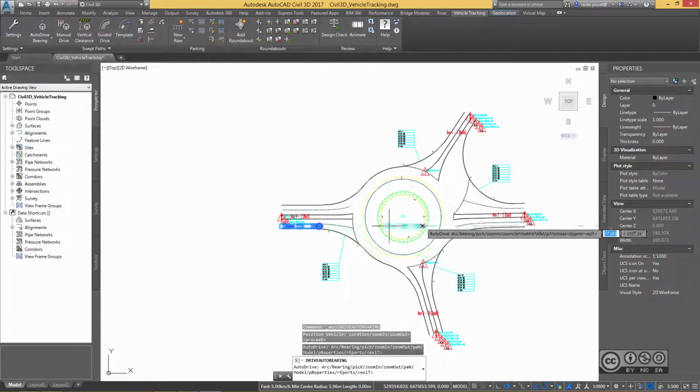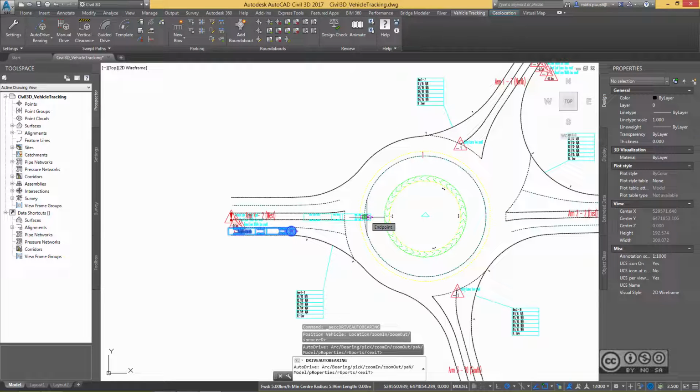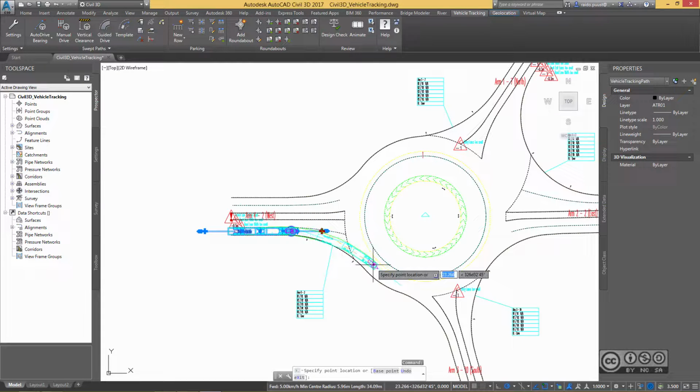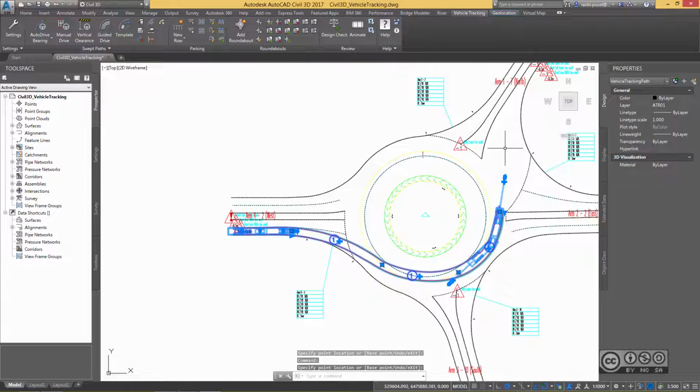So once again, you are able to check your design at different stages. Is it a preliminary design or a detailed design? You can also change or add some turning points later on to your vehicle, and if you do this, you can also see a 3D animation of how your vehicle is acting on top of your roundabout. It understands, of course, your surface data or elevations.